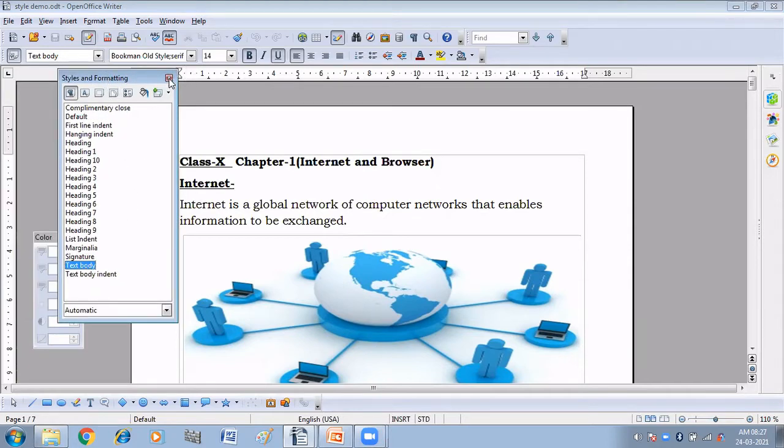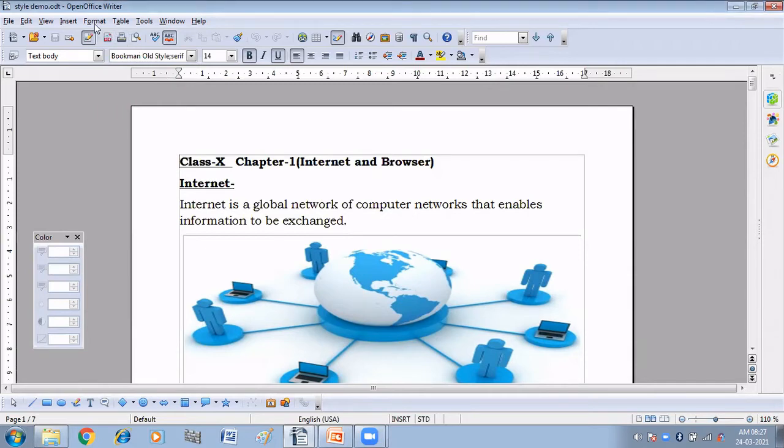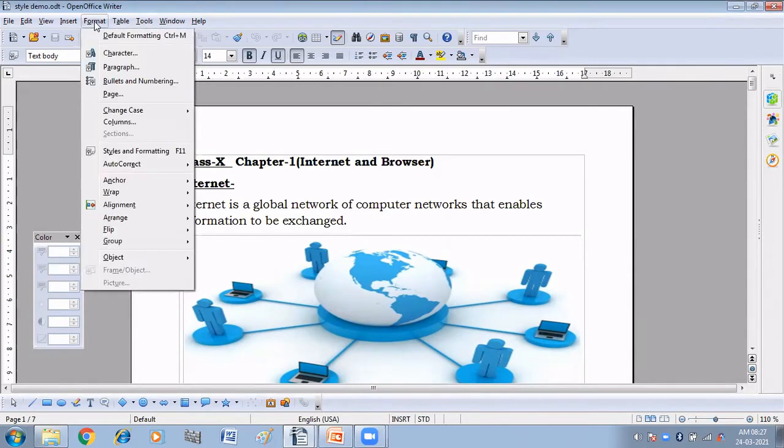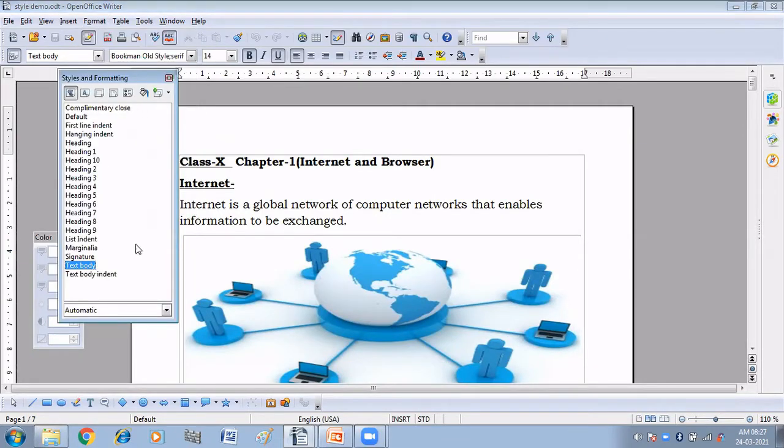Next way is click on format menu and then click on style and formatting option. Again, you will get the same window, style and formatting window. Okay, this is the second way to open the style and formatting window.